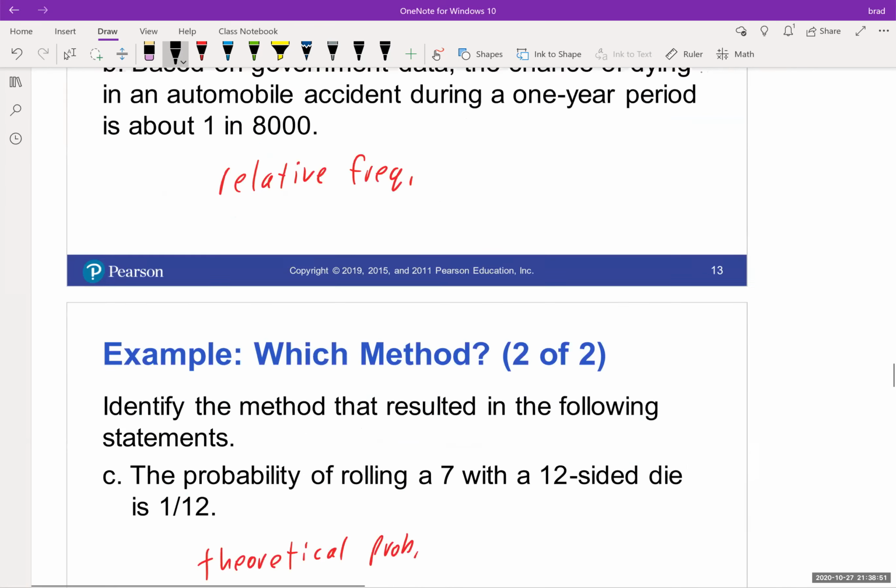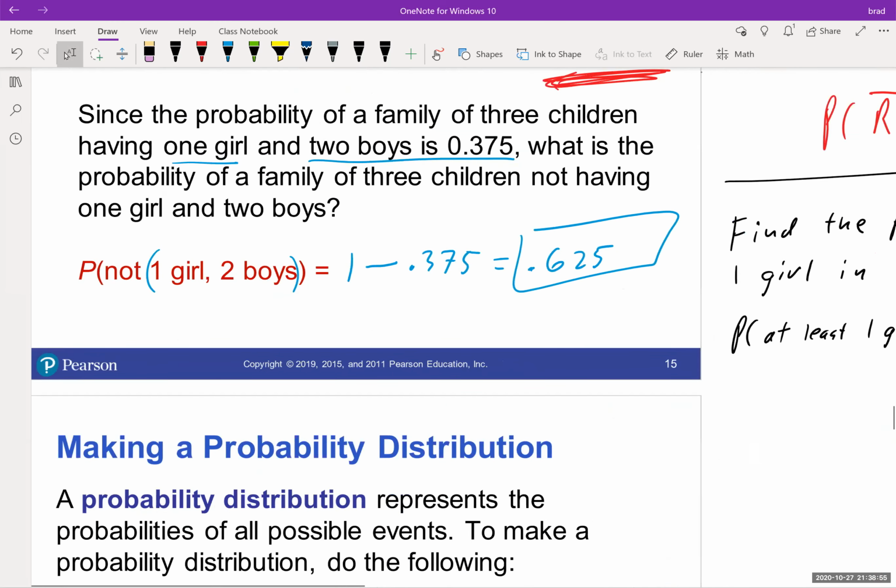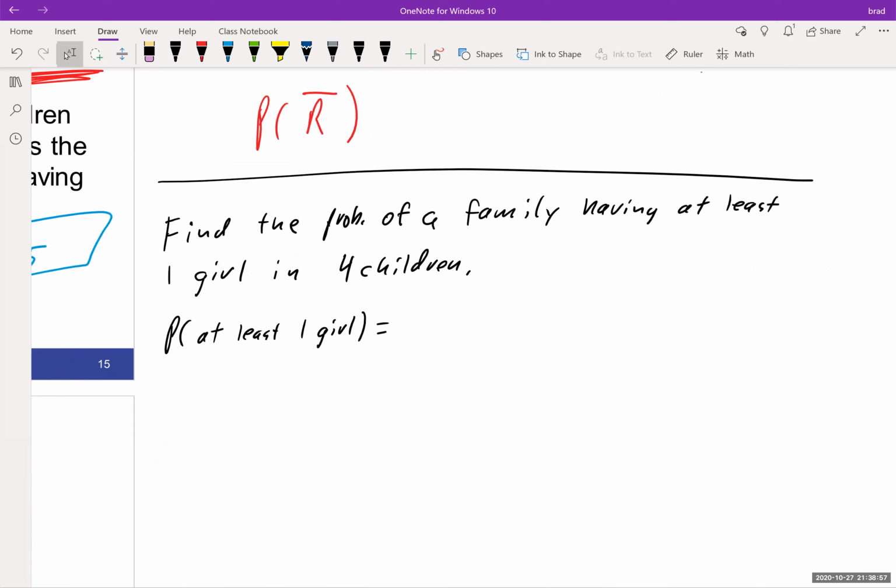So that means that out of the 16 total outcomes or possibilities, 15 of them had at least 1 girl out of the 16 total. Okay, so that would be that. But that's because we had that table, we had that chart that told us everything. What if we didn't have that, right? What if I